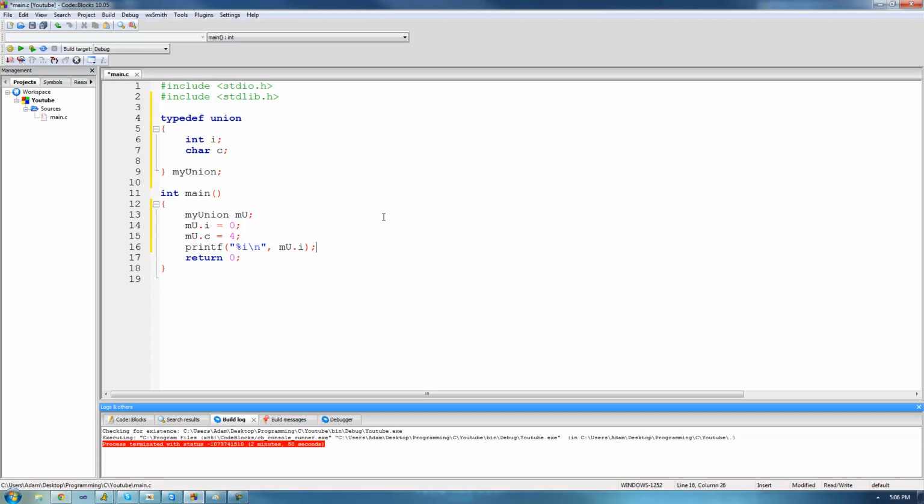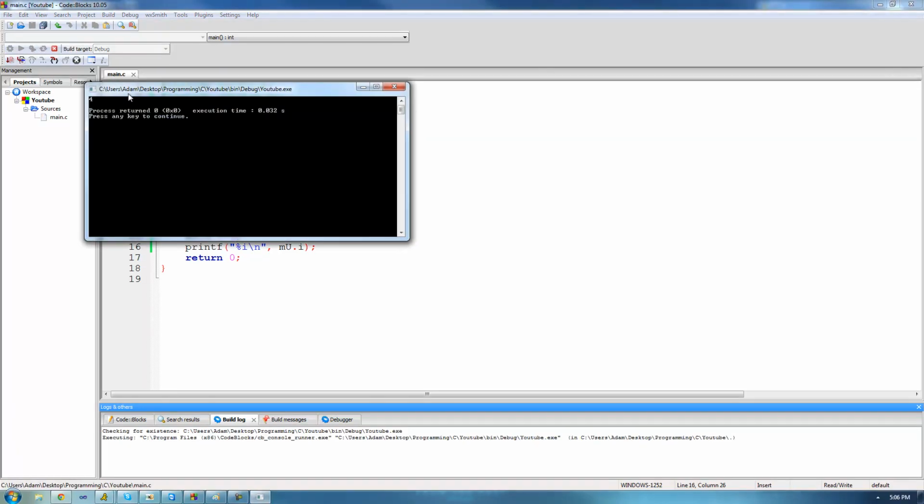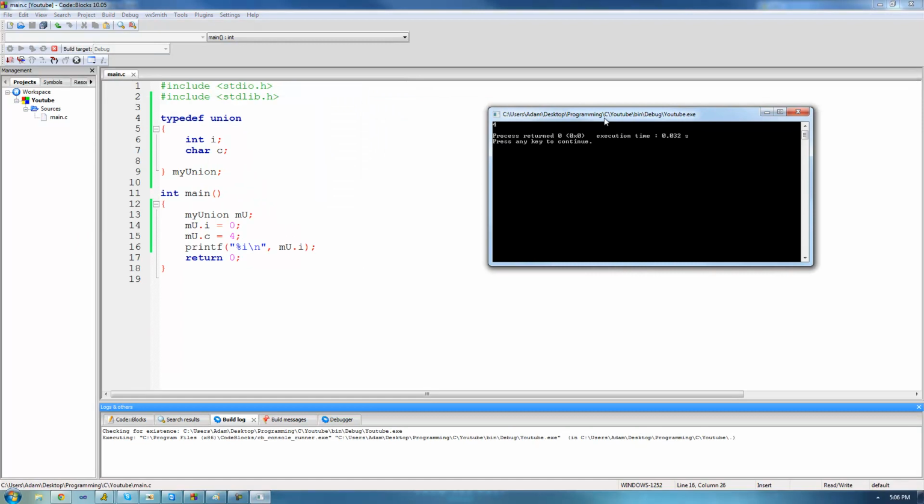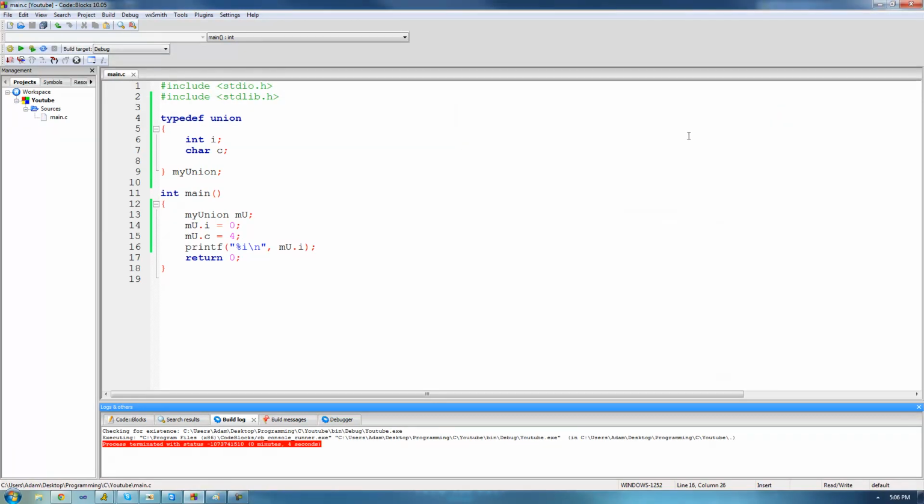So let's go ahead and run this and see what we get. We get 4. Now let me go ahead and explain why. Unions basically allow you to store everything inside of that union at the exact same address in memory. So that means that a union is just as big as the largest variable inside of that union. So our union, called myUnion, is the size of an integer, since an integer is 4 bytes and a character is 1 byte. So an integer is obviously larger than a character, so our union is 4 bytes in